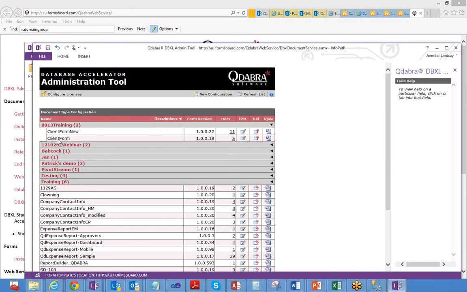So we have client form, which is the old form template, and client form new, which as you probably guessed is the new form template. And we currently have 5 forms stored using the old template, and we have 11 forms stored using the new template, and we want to take these 5 forms and add them to those 11 and basically migrate that data so that all of our forms will now be stored using the new form template. And to do that, we are going to use the DBXL Migration Tool,